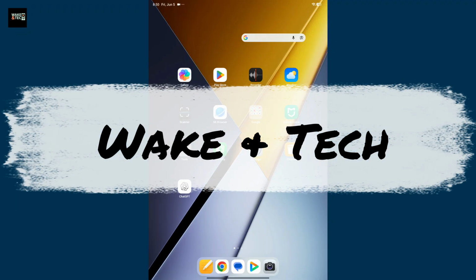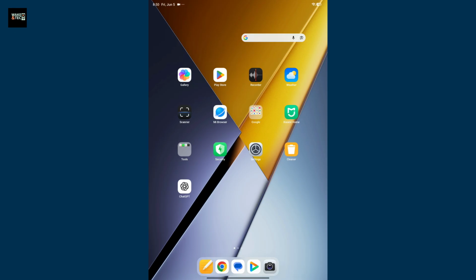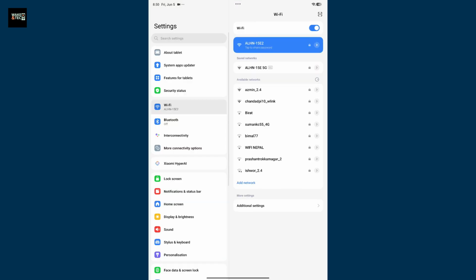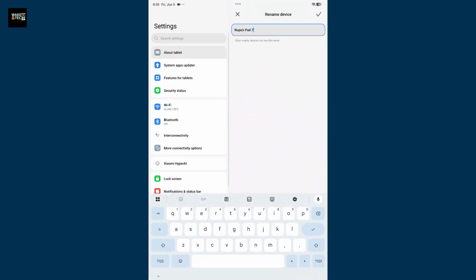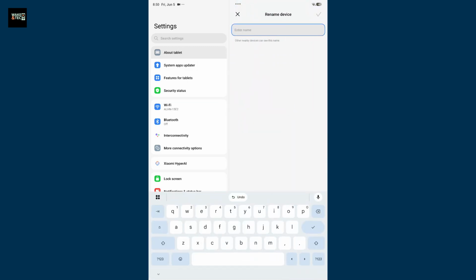If you are on an Android tablet and want to change its device name, then here's how you do it. First of all, unlock your tablet and then open up the Settings application. Inside the Settings menu that appears on the screen, select About Tablet on the top left. Right after you do that, click on the device name option and go ahead and write down a new name,